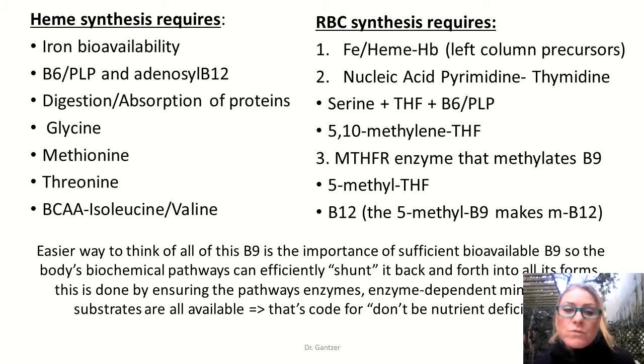You have to break it out of the food matrix, and your chronic antacid eaters are one problem, and your population of vegans who don't eat meat are the other population. So my recommendation for both of those populations, as well as us normal healthy people who don't have problems with acid or not eating meat, is that we should supplement with a lozenge. A methyl B9, a methyl B12, and a B6 lozenge is probably one of the best ways you can go to ensure that those systems are being